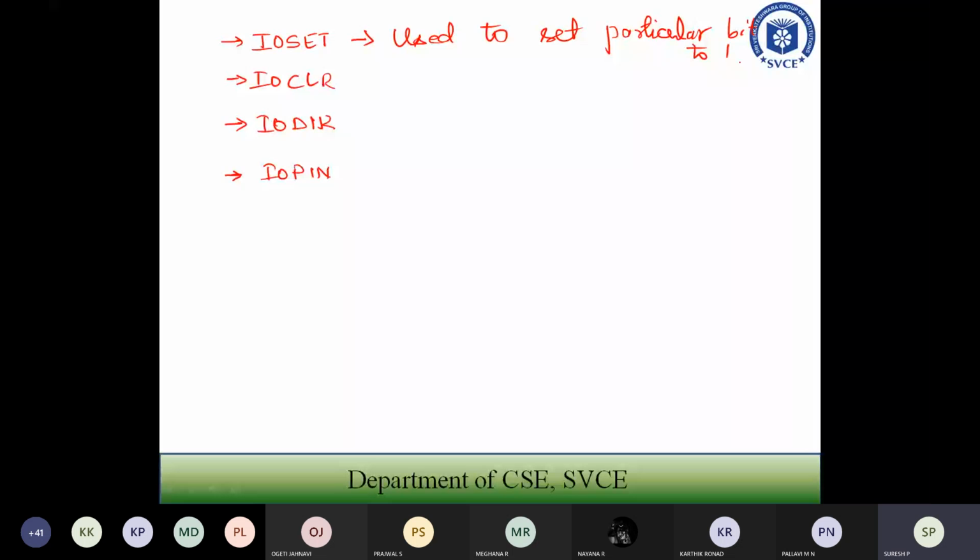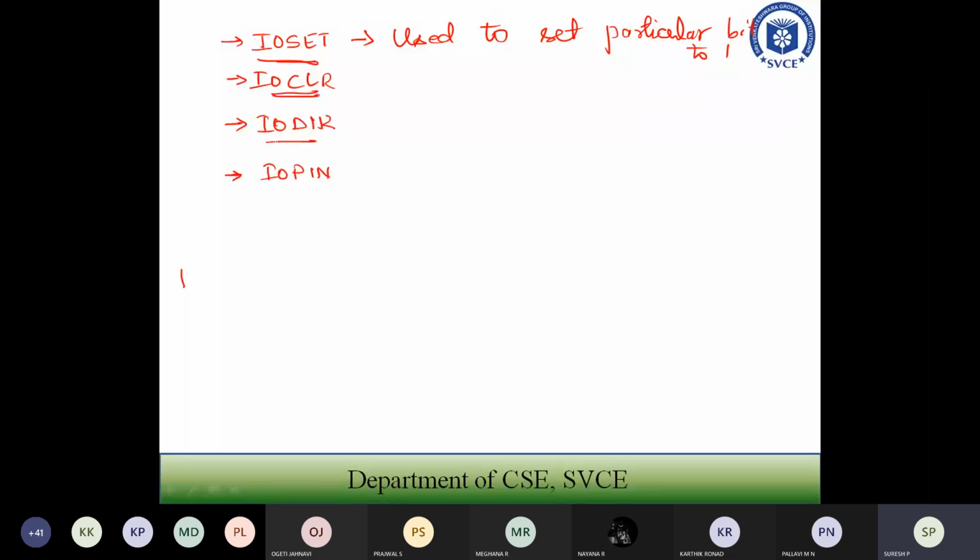So I have to send 1 for that particular pin, and you make use of IO set. Sometimes you have to make all your ports act as input ports. In the previous operation some ones will be there in those 32 bits. If I want to make all zeros for those 32 bits, I make use of IO clear.